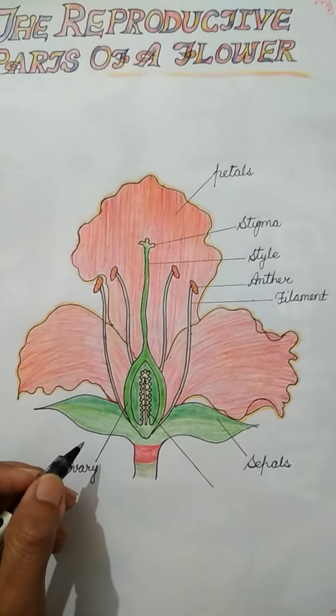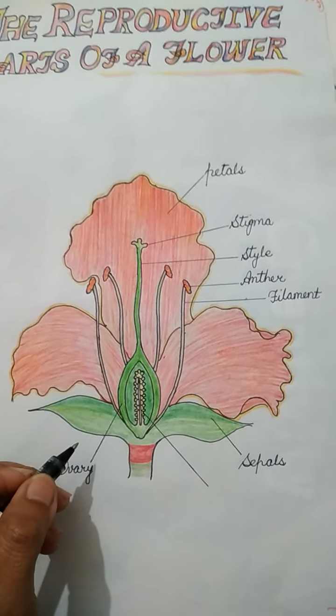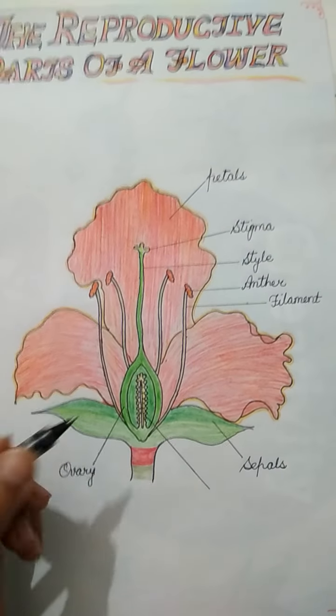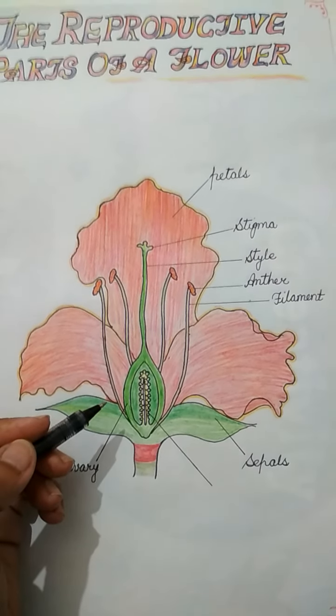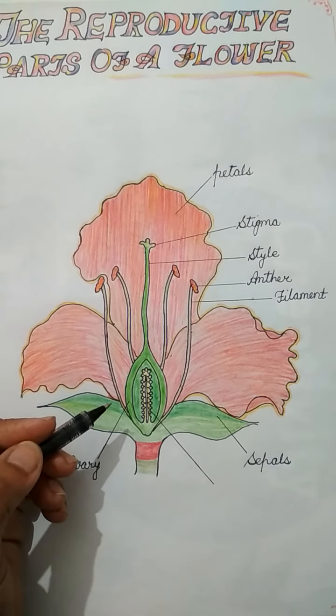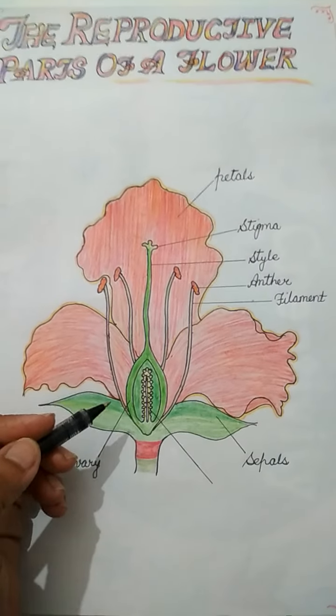Students, a flower that contains both male and female gametes is called a bisexual or complete flower, and a flower which produces either the male or female gamete is called a unisexual or incomplete flower. Generally, flowers in corn and papaya are known as incomplete flowers.